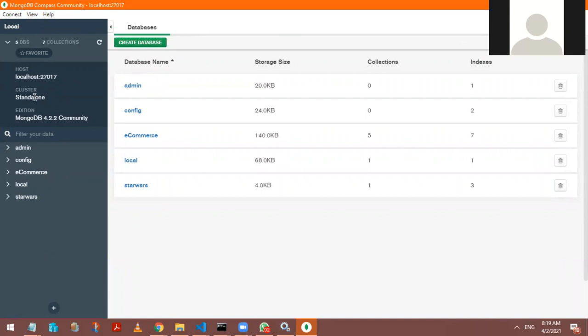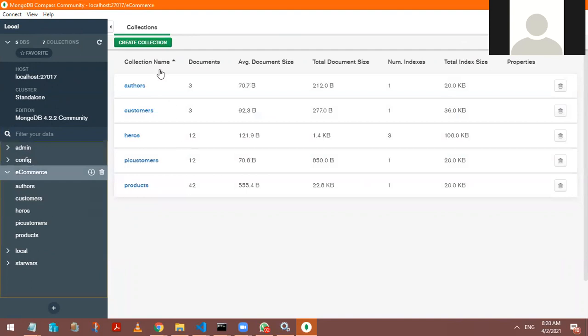In that MongoDB server, I really find I have got different kinds of databases created. So you can see the admin database, you can see the e-commerce database. Oh, e-commerce database, fantastic. If I go back and try to see the e-commerce database, what does it contain? Oh, it contains collections. In RDBMS, your database contains tables. In MongoDB, your database contains collections, and you have collections called customers, authors, heroes, products. If I look around, according to my e-commerce application perspective, products.